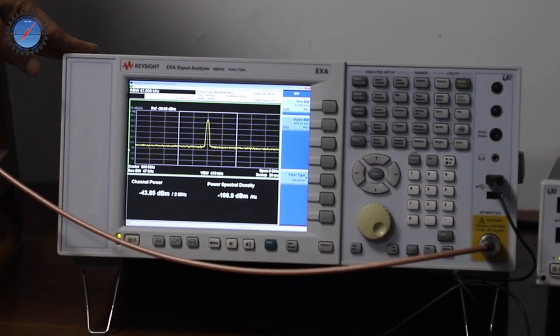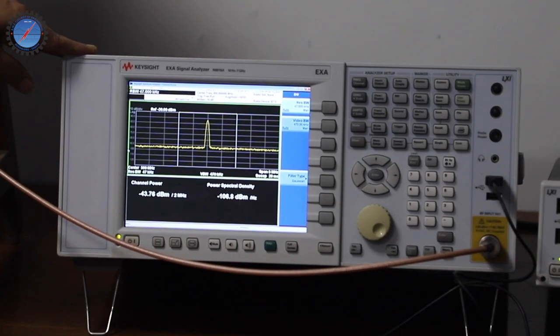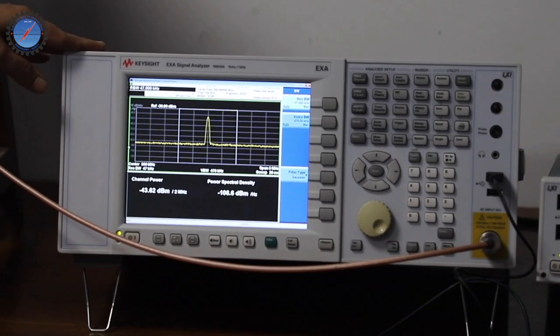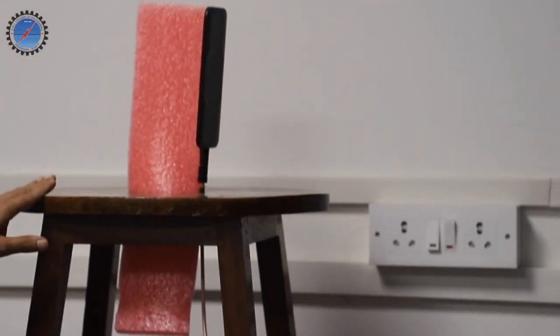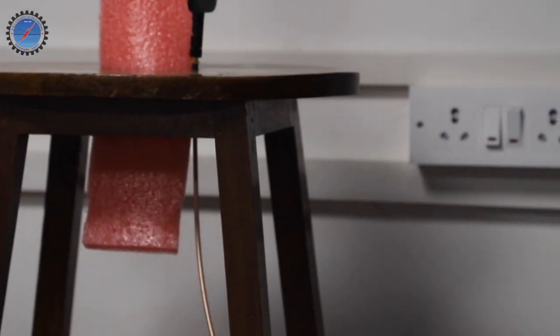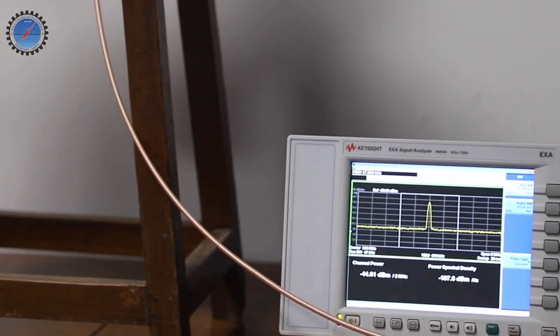This equipment is also a spectrum analyzer, so we can see the spectrum of the signal. For that we are connecting the receiving antenna, which is facing the transmitting antenna, and this is also a sub 6 gigahertz antenna. The distance between the transmitting and receiving antenna is nearly 1 meter.